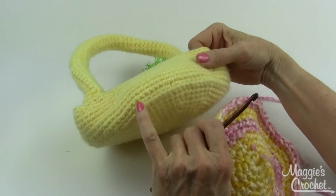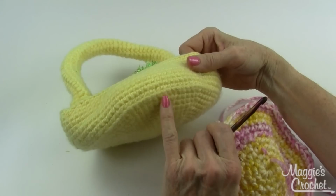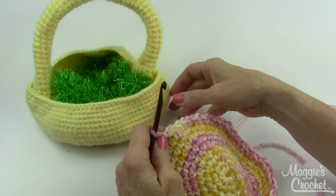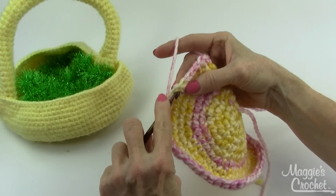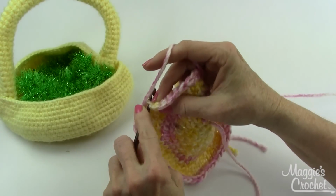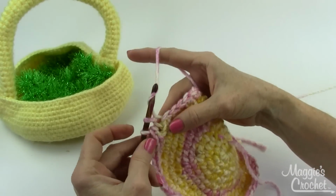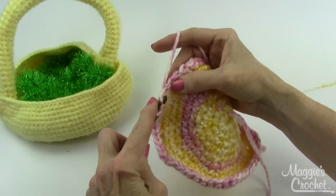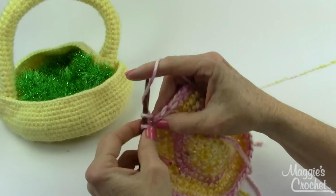working just in the back loop to create this little ridge, and it just makes a definition between the bottom and the sides of your basket. So to do that, all you need to do is, instead of going underneath both those loops there, you just go underneath the back loop, and then the loop that's not worked into creates that ridge, just like that. So you just go all the way around